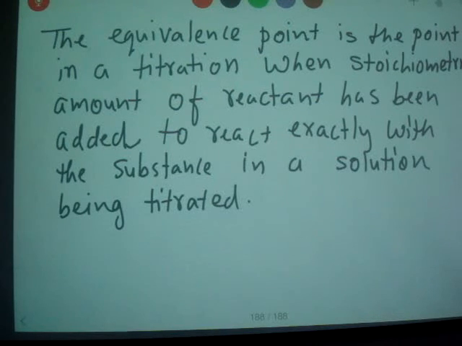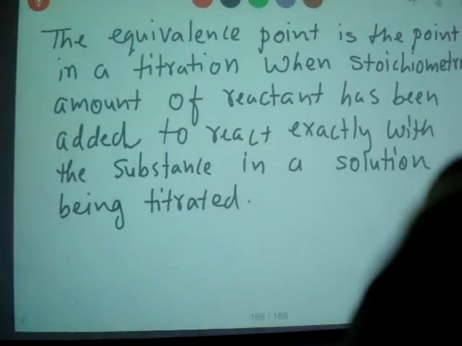So for equivalence, if it is a strong acid and strong base, the equivalence point is at 7. Okay. If it is a weak acid and strong base, the equivalence point is above 7. If it is a weak base and strong acid, then the equivalence point is below 7. So that way you can plot